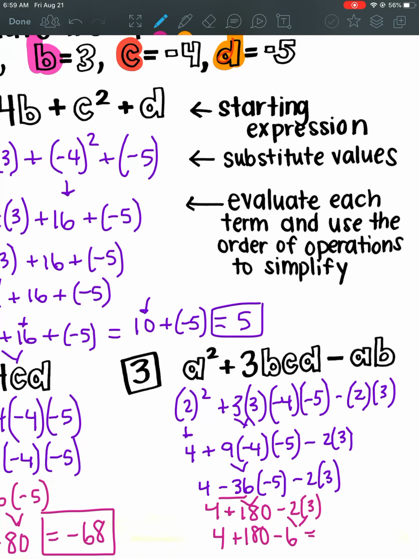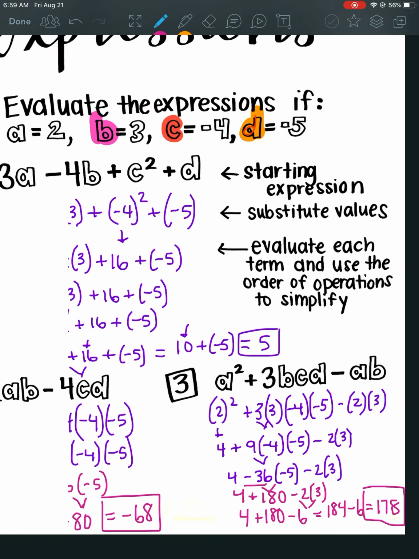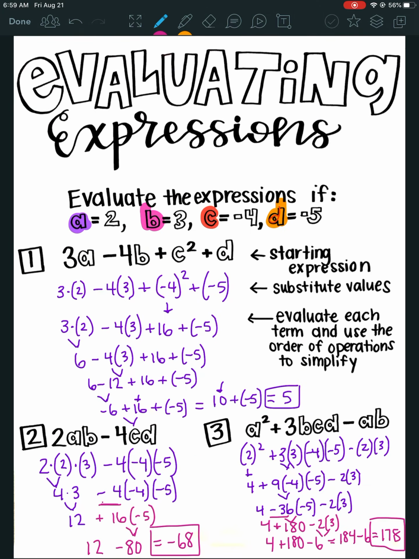Okay? Then now we got rid of all that multiplication. I kind of took it one step at a time. And then 4 plus 180 is 184 minus 6 gives us 178. Okay? So that concludes our lesson over order of operations and evaluating